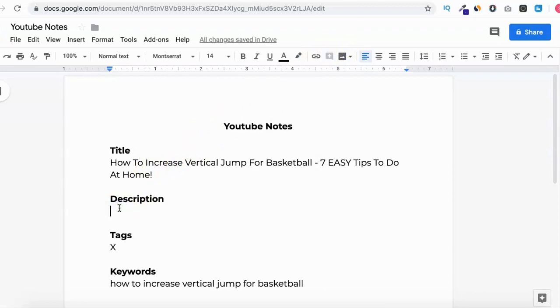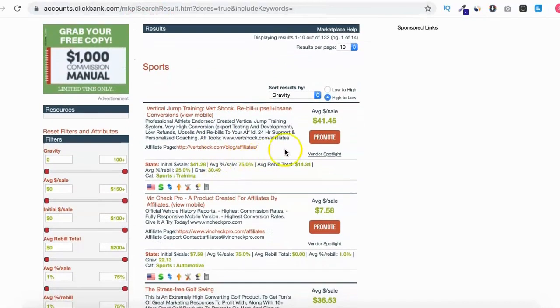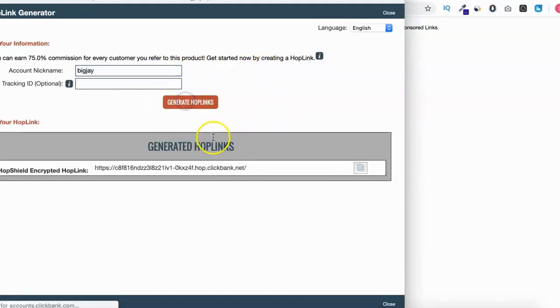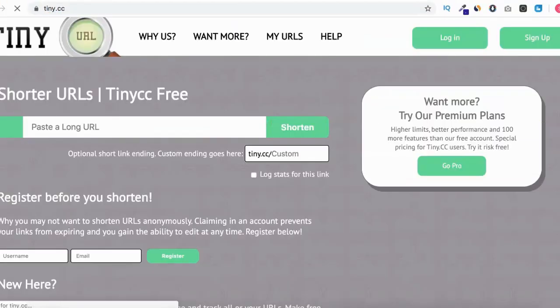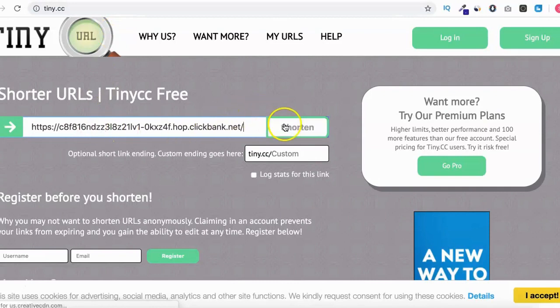always have my affiliate link, a call to action with my affiliate link. So we have to go back to ClickBank to get our tracking link, so that way when we get sales, they know to credit it to us. Or you just go back to the offer, click on promote, put in your account nickname, generate hop links. Boom, that's the link you want to use. But we are not done because that link is too long and it's ugly. So what you can do is go to tiny.cc, paste the URL and get a shortened version of it so